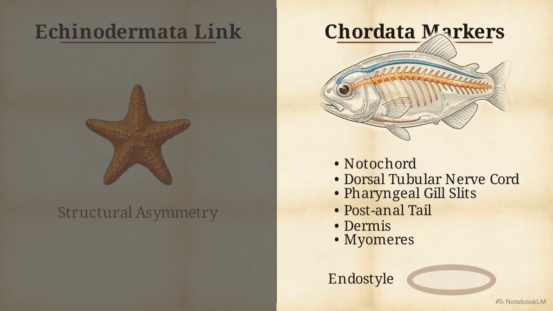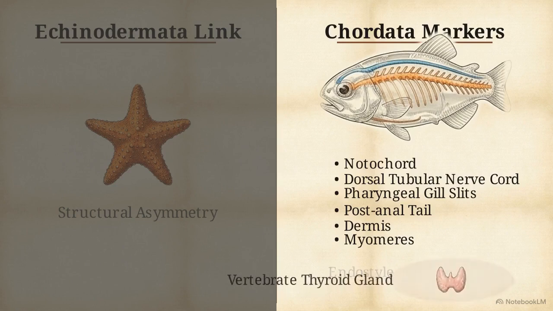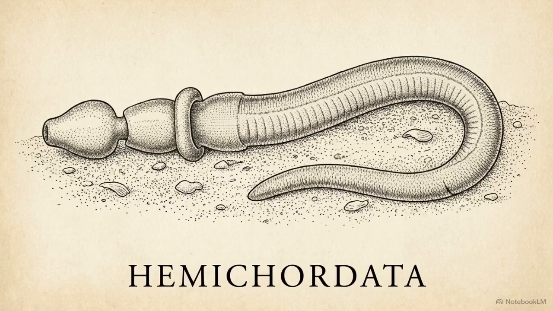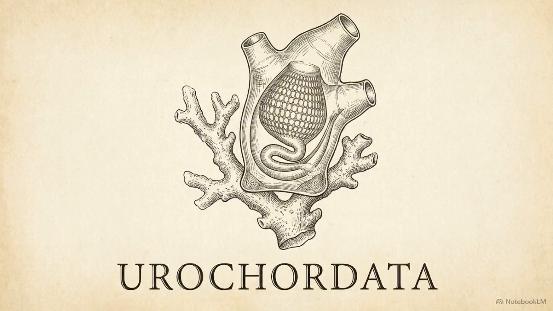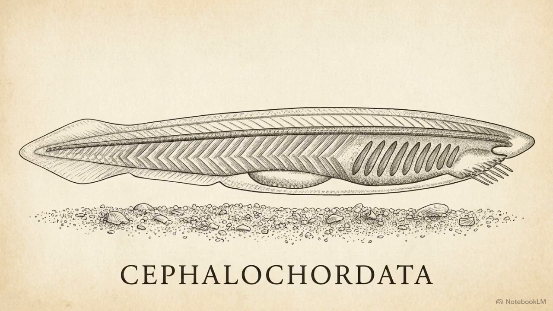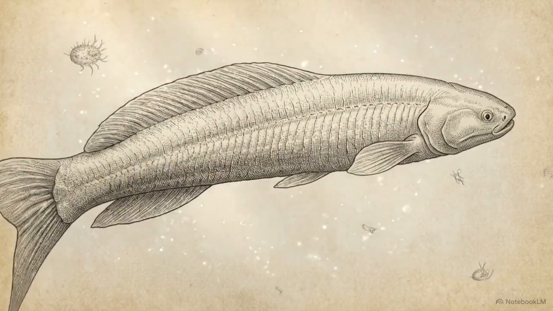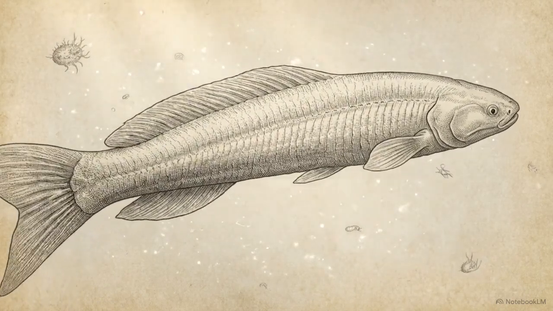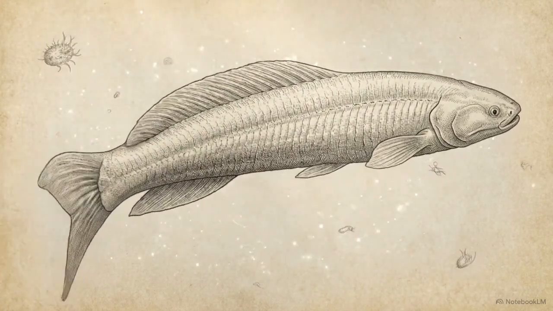Finally, we see homologous structures, such as the endostyle, which provides the evolutionary template for the vertebrate thyroid gland. Each subphylum represents a distinct evolutionary role: Hemichordates as a morphological outgroup, Urochordates as a regressive offshoot, Cephalochordates as the foundational axial blueprint. The Protochordate grade demonstrates the incremental assembly of the vertebrate body plan, providing a series of testable intermediate stages between basal